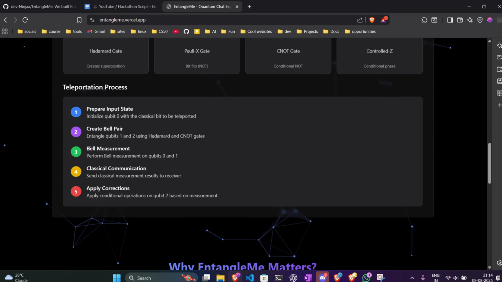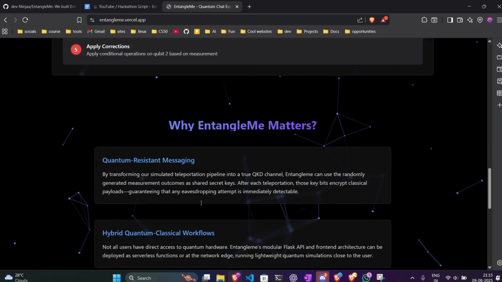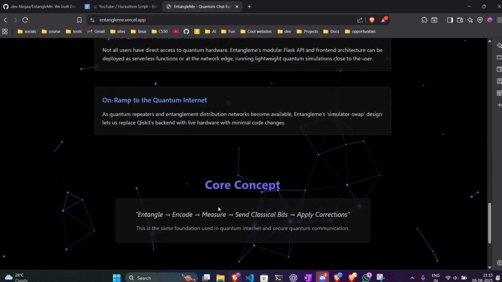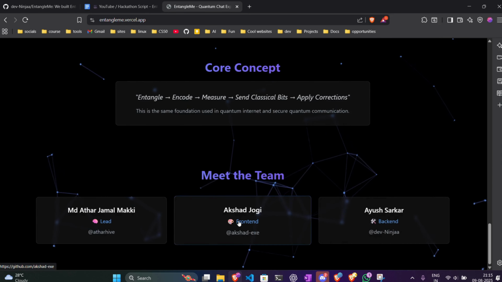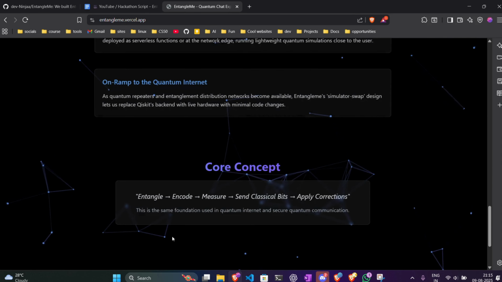So what our app has, since it's a messaging app, we have a really well made front end. It's still a prototype though, but it is very well made. For the backend, we are using Python Flask, which is running a quantum simulation. And about deployment, it is a tricky thing, but we tried our best. I would suggest you read our documentation on how we are exactly doing the deployment to showcase.